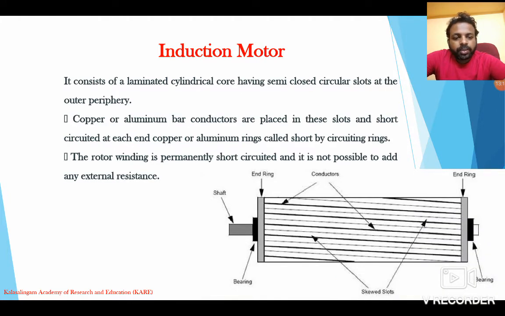In this diagram, this is a line diagram of a squirrel cage. It has a number of bars. These bars are made with conducting material like aluminum as well as copper. And as I said earlier, both ends have a ring. This ring is called the neutral ring, and it helps to neutralize the power which is created in the conductors of the rotor. So this is an example of a squirrel cage rotor.